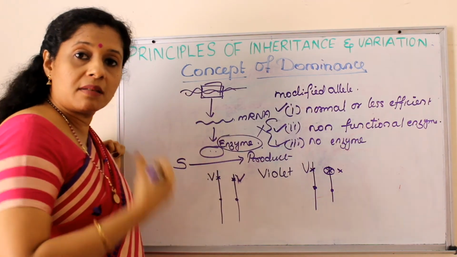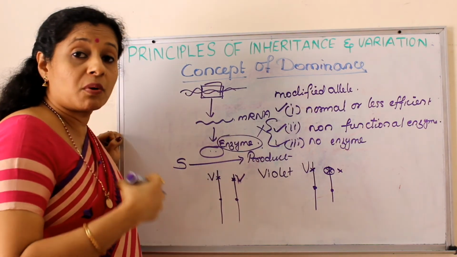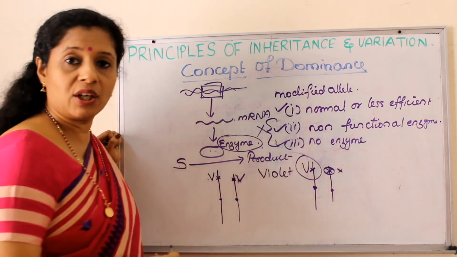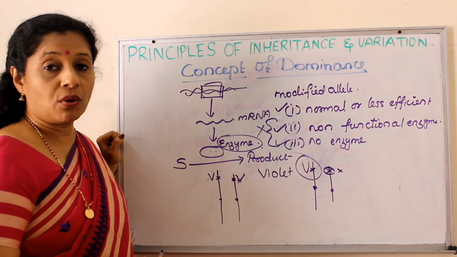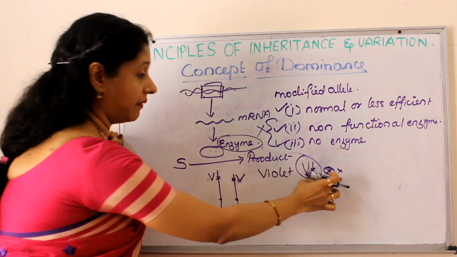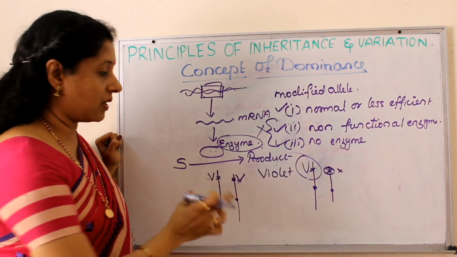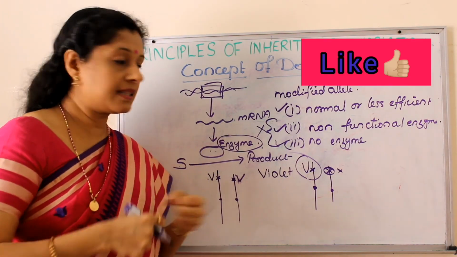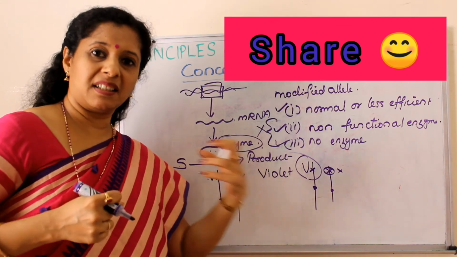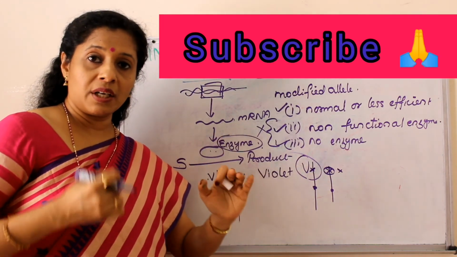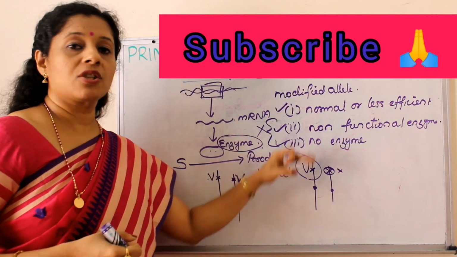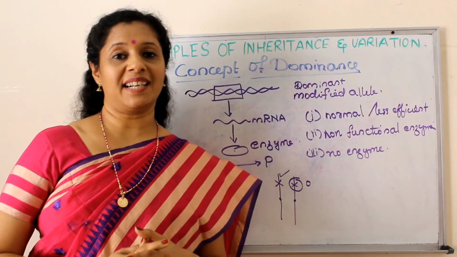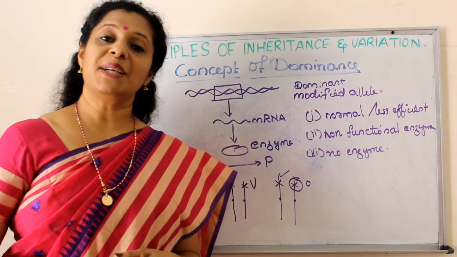So the whole responsibility of expression of the character, or of converting substrate to product, lies in the unmodified allele or the dominant allele. Okay. So, will that be equal in effect like the first one? No, because here the phenotype is the collective effort of two equally powerful alleles, whereas here one is working hard but the other one's contribution is nil. So, the phenotypic expression may not be the same. So, such alleles are called modified alleles or recessive alleles. Hope you all understood the concepts we discussed today: incomplete dominance and the concept of dominance.